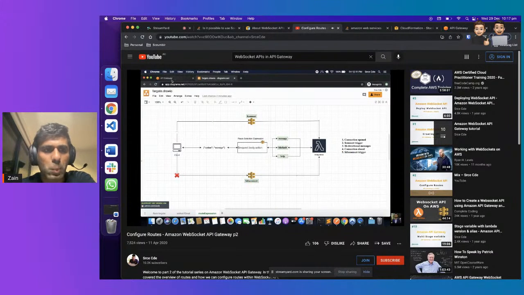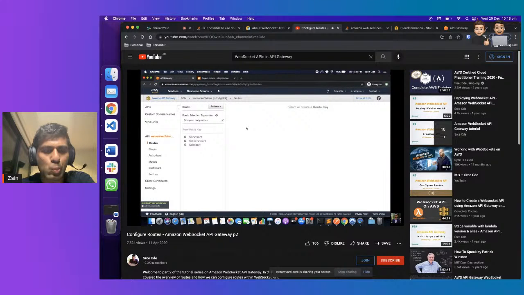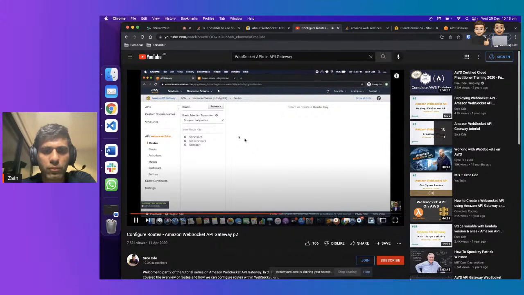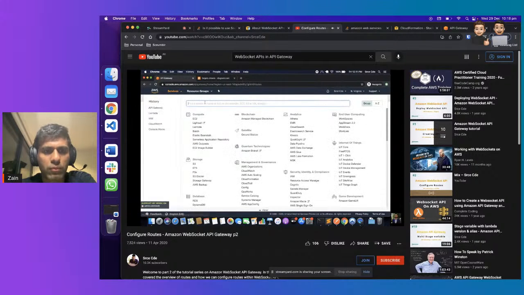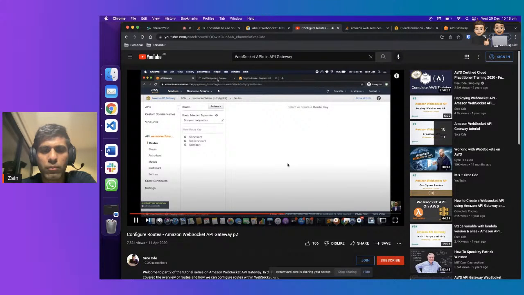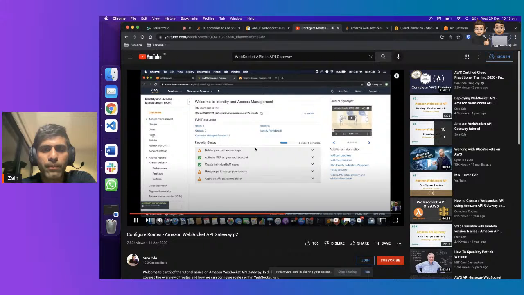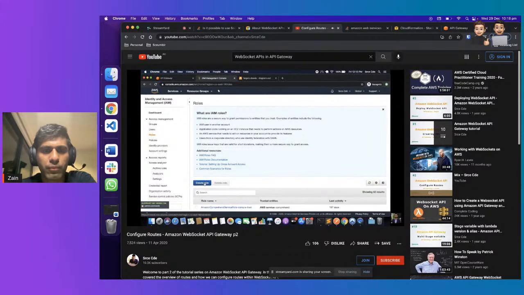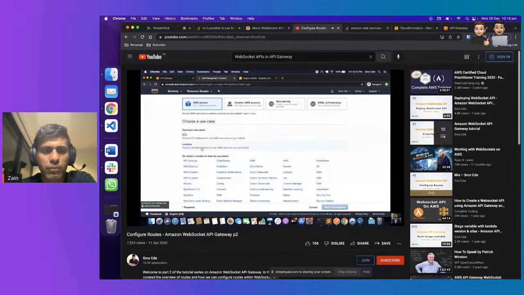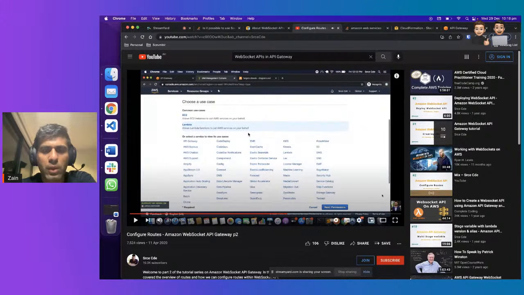Now let's go back to API Gateway. So here we are going to configure the connect and disconnect routes, and we will not configure the default route. We will come to that at a later point of time, in some other tutorial. So now we will require two Lambda functions and the IAM role. So we will start with the IAM role. Navigate to the IAM management console. Once you are there, click on roles from the left panel and say create role. Select Lambda as a service because we are creating